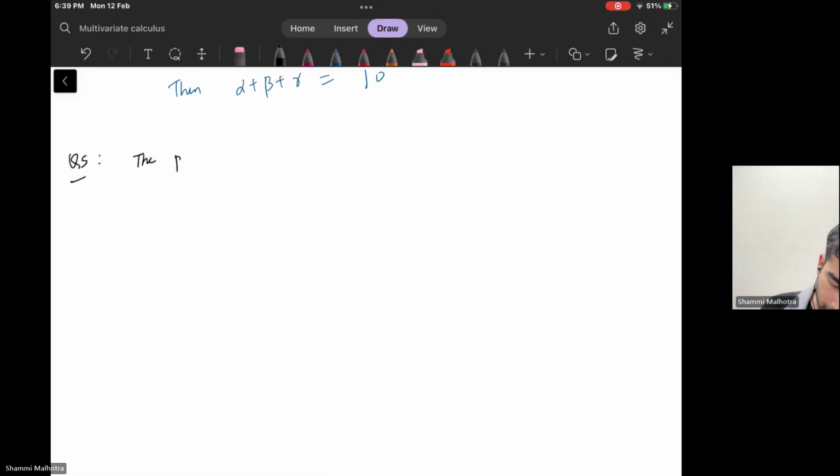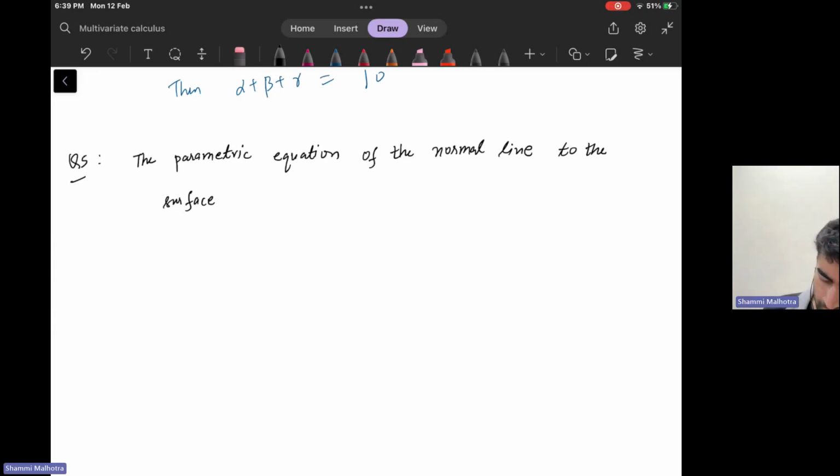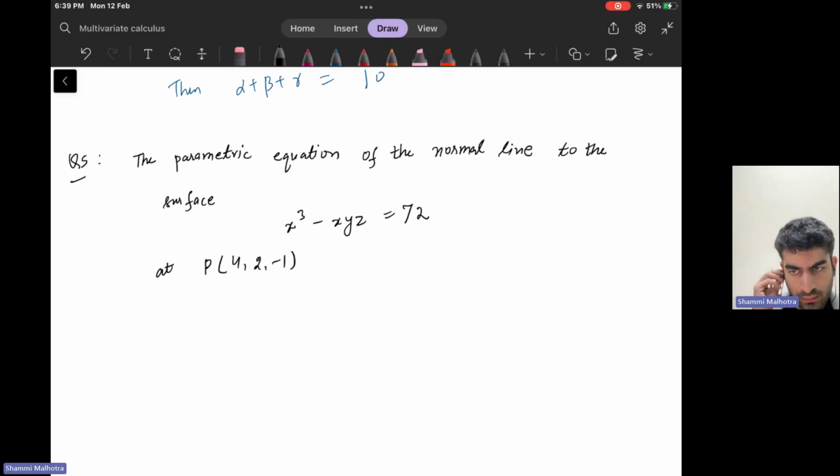So the parametric equation of the normal line to the surface x cube minus xyz equal to 7 at point, let's say, P(4, 2, minus 1) is